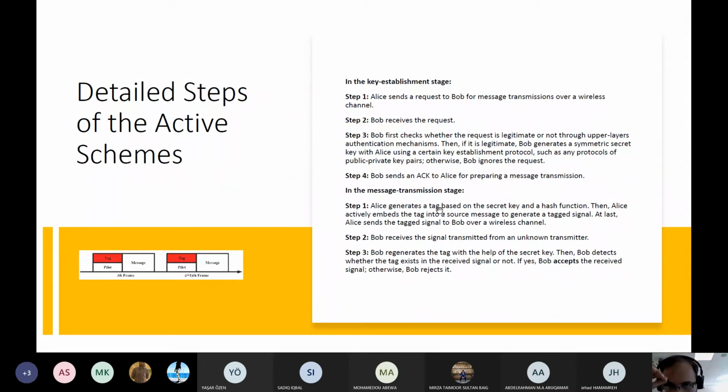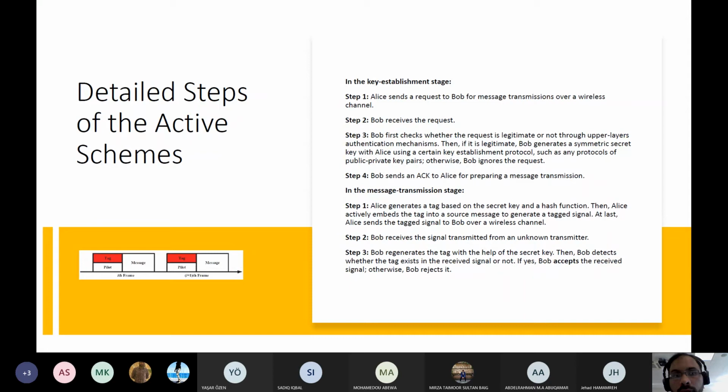Alice generates the tag based on that secret key, and then Alice embeds that tag into the signal by superimposing it, like some of you work on NOMA. I will explain further how it is similar to the NOMA concept. You can embed that tag into the source message, and the final result is a tagged message, like in a digital signal where you digitally watermark a document.